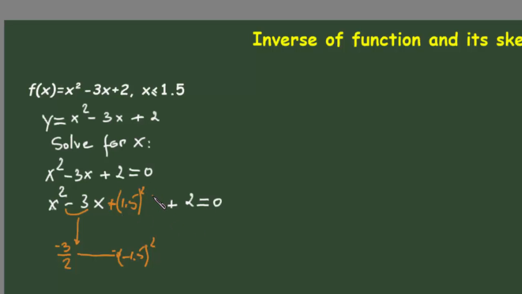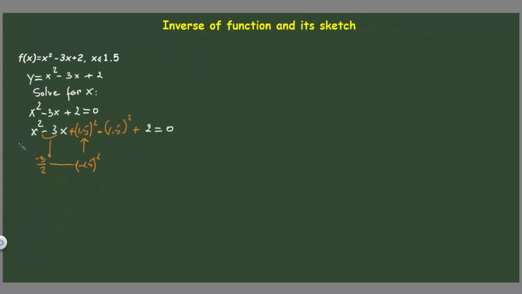So that's going to be plus 1.5 to the power of 2, and we didn't have it, so we need minus 1.5 to the power of 2, because we didn't have this 1.5 in our equation before. Plus 2 equals 0. As you can see, this is what we're bringing back in the equation right here where we finish completing the square. And this whole term here, x to the power 2 minus 3x plus 1.5